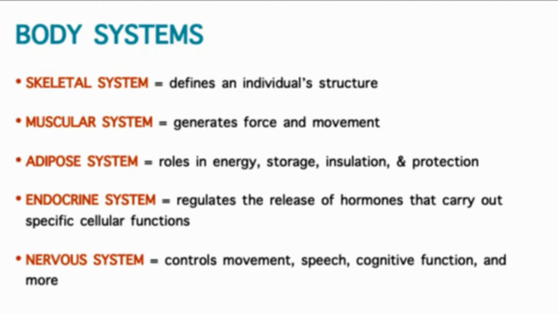Our adipose system is where our adipose tissue is, our fat tissue. So this system plays roles in storing energy, producing energy, or providing substrates that can be metabolized for energy. There's storage of different chemicals and minerals and vitamins in fat. If you think of an example, your DAKE vitamins, D, A, K, and E, are all stored in fat tissue, or they're fat-soluble vitamins.